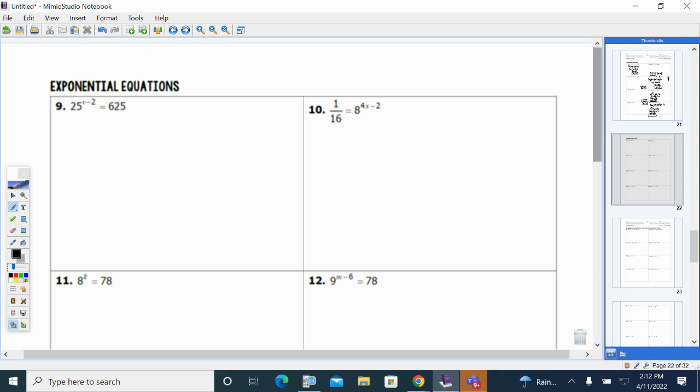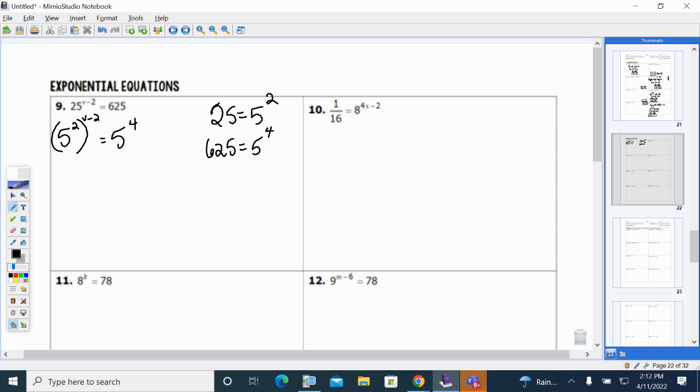When I look at number 9, I see 5s. They both end in a 5, which tells me I should be able to write both of them as a power of 5. 25 is going to be 5 squared. 625 is 5 to the 4th power. So then I'm going to write that, replace the 25 with the 5 squared, replace the 625 with 5 to the 4th,